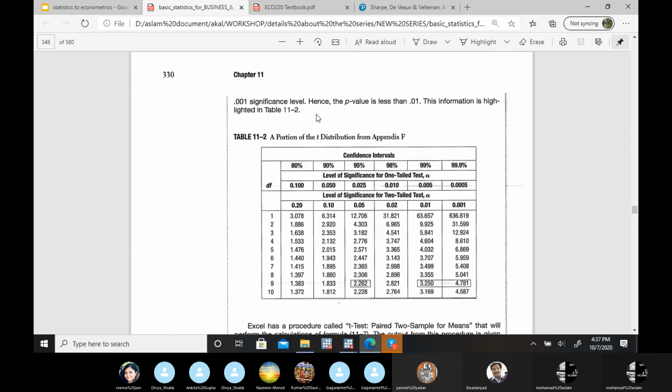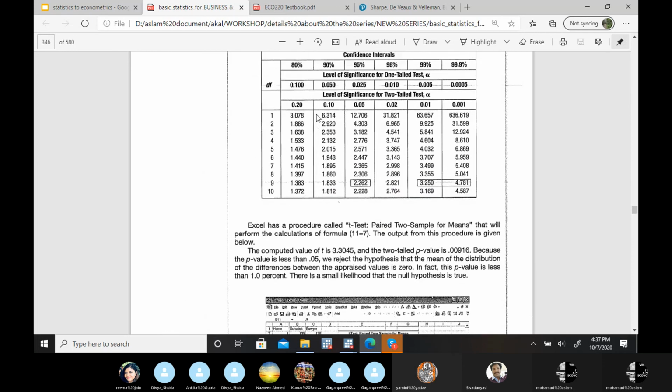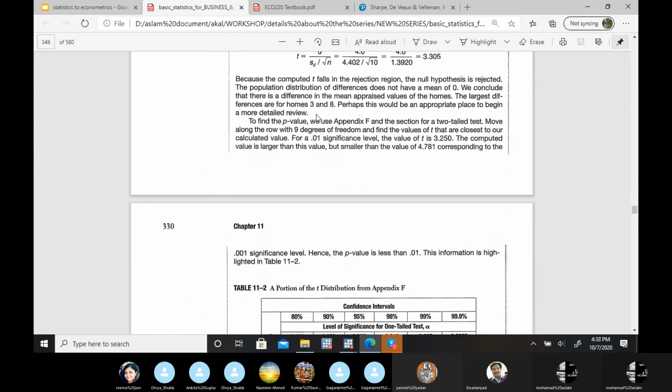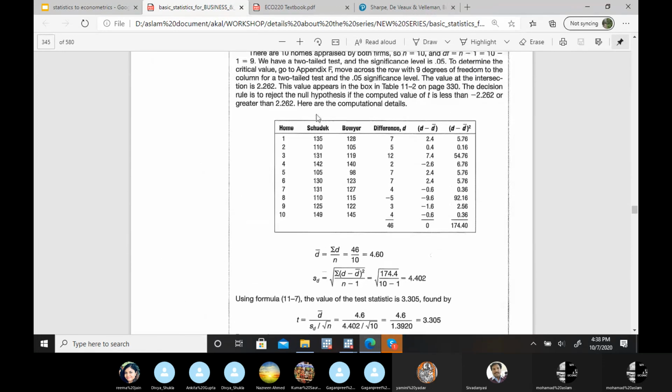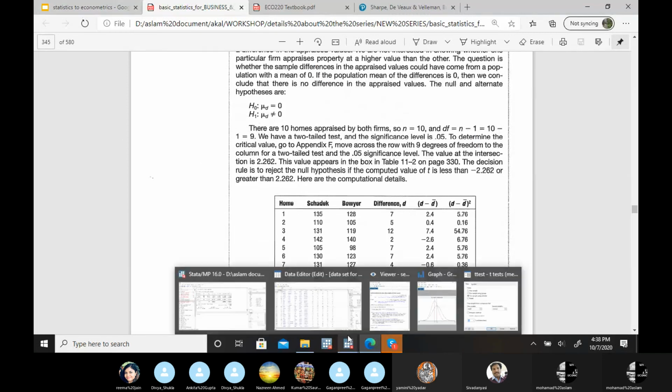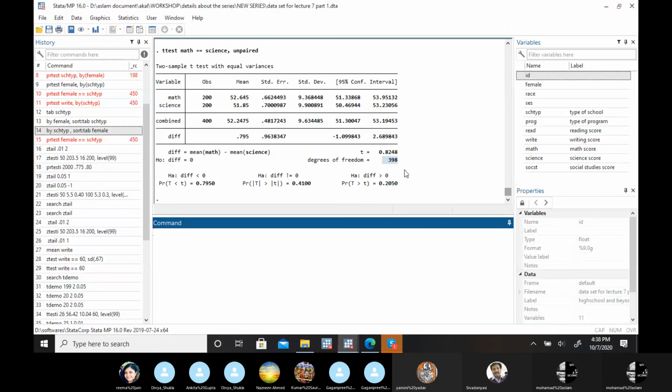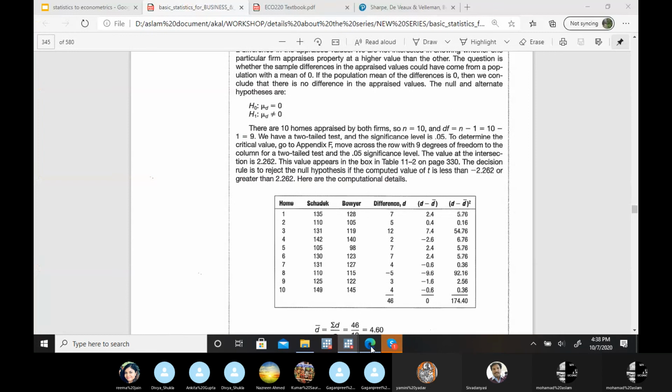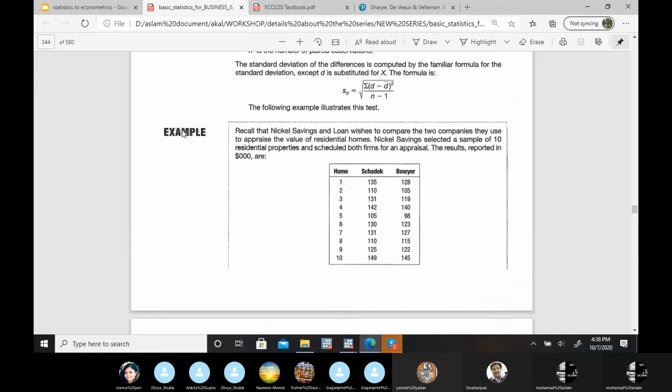Although I didn't find any unpaired examples, or I don't have any data set right now which is unpaired, the difference is this one which I explained to you: if you have two different data sets for two variables, meaning they are independent, then you can use the unpaired option, the two variable case. Otherwise, you have to use this paired test.